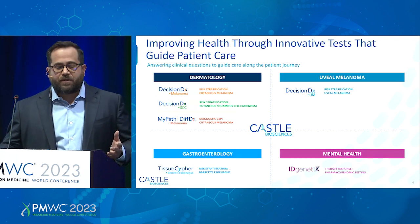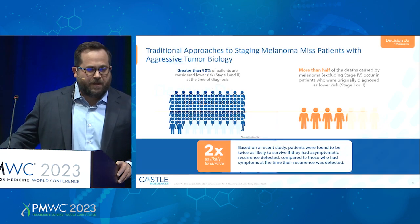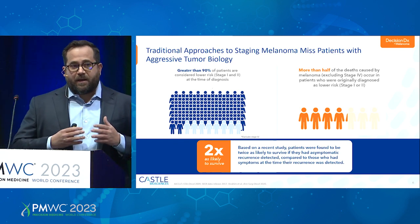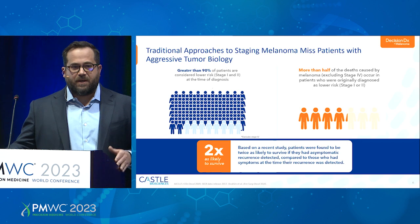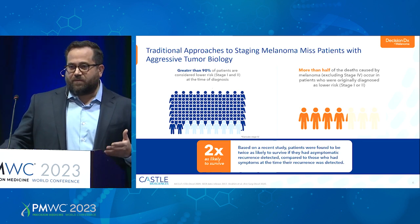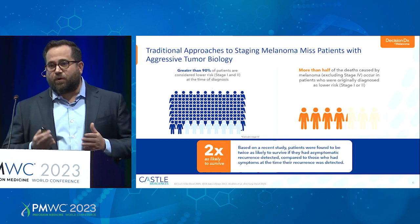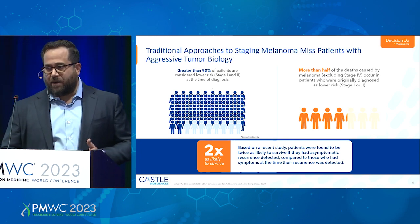So first, talking about DecisionDx-Melanoma in cutaneous melanoma. There are traditional approaches to staging that look at the histopathologic features of a melanoma that aim to risk stratify patients based on the presence or absence of particular features in the synoptic report. However, even though we have these validated staging criteria, we actually end up missing patients who have aggressive disease, who are diagnosed with early stage cancer at their initial diagnosis, who go on to sustain poor outcomes from their disease